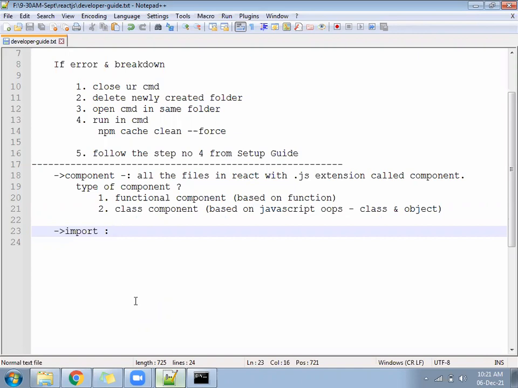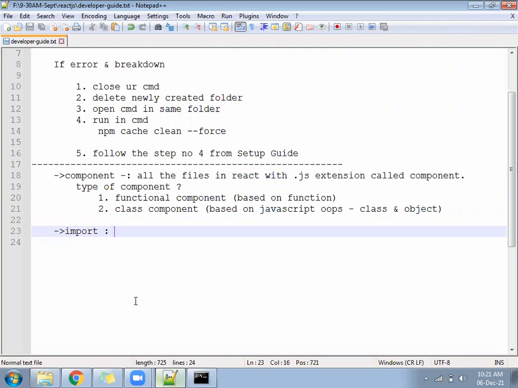So in terms of React, we have two keywords that you are going to use in every file, everywhere: import and export. One file is ready to mix with someone, that is called an export, and one file is ready to mix with someone, that is called an import.